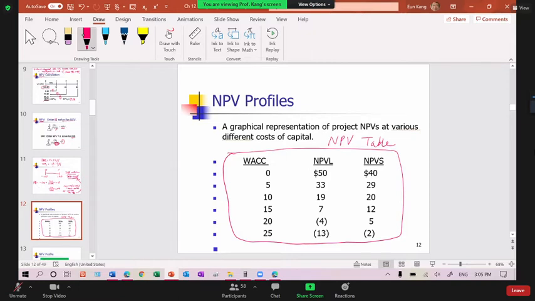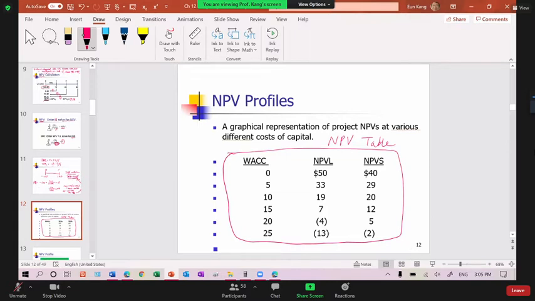So you first set up the net present value table to draw the net present value profile. That's extremely important, right? So you have to use your technology,